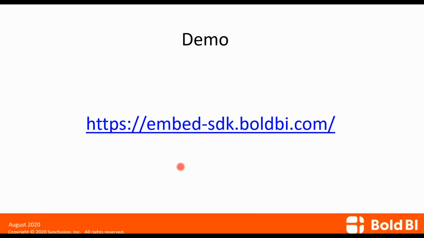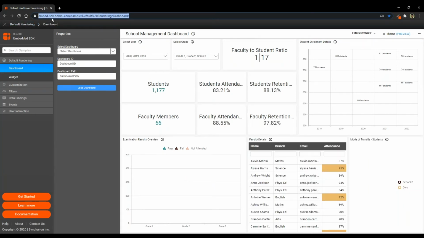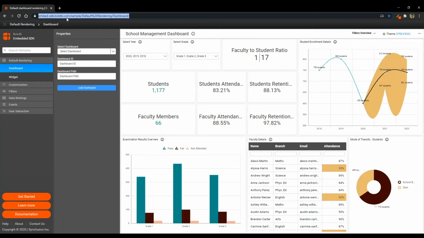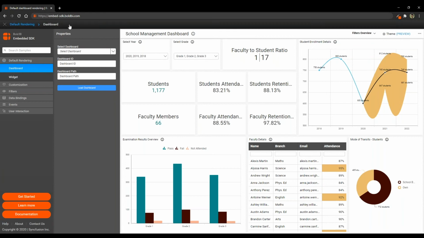Now let us see a quick demo of all the features which I discussed. So this is a public playground, embed-stk.boldbee.com. It is a public playground which you can also access and check out the features in this embedded BA. So just consider that this whole part is an application, and this is the view area.